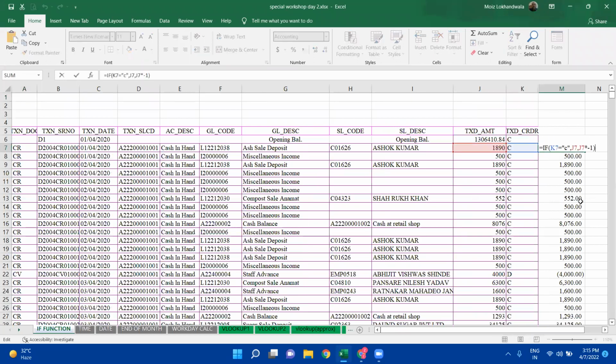IF is used in many places, dear. It is not only restricted. Wherever you want to put a logical test, where you want to satisfy conditions. Suppose we are doing a bank audit and you want to flag something. You want to flag transactions going above 2 lakhs. So you can just select the transaction amount as a logical